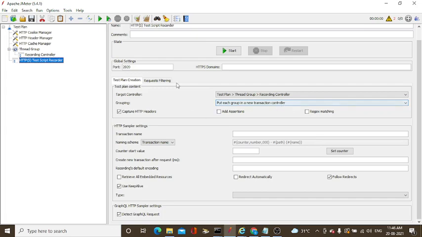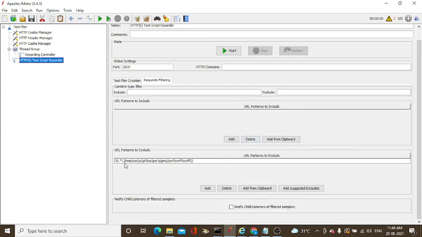And go to the request type filtering. I have already excluded these types of formats. Click on the suggested excludes. You need to mention any patterns you need to exclude, in this place. This is the default, and you need to mention specifically, separated by the pipe symbol: BMP, CSS, JS, ZIP, ICO, JPG, PNG, SWF, WOFF, WOFF2. There are so many formats you need to exclude. What formats you need to exclude, you need to mention in this place. At that time it will work.